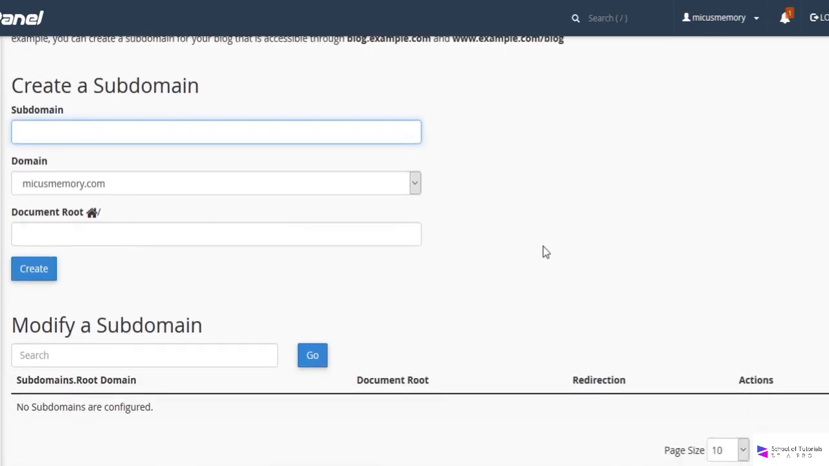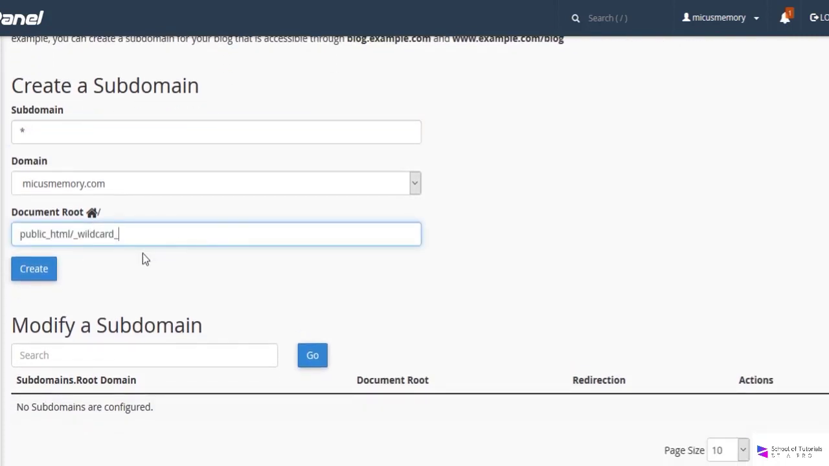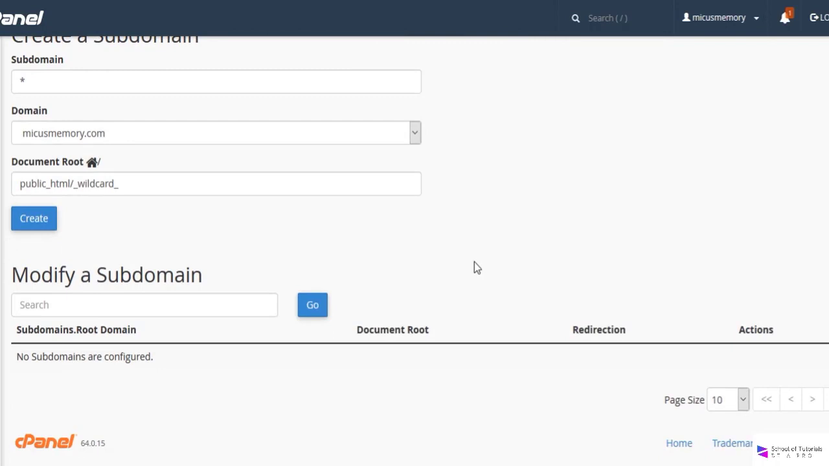and this is how you create a wildcard subdomain. You're going to leave this blank, and what you're going to do is type the asterisk symbol, Shift 8, and you're going to hit create. Whatever the document root comes up as by default, you're going to leave that there. We're going to change this in a few minutes, but I want to show you something before we go back in here and change it. So we're going to hit create,